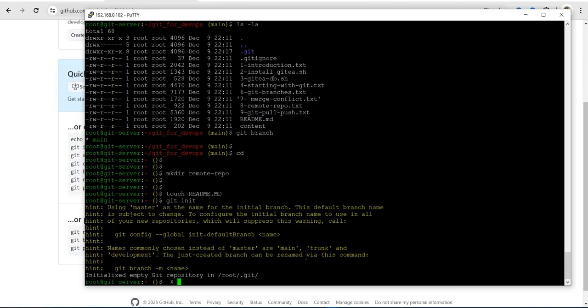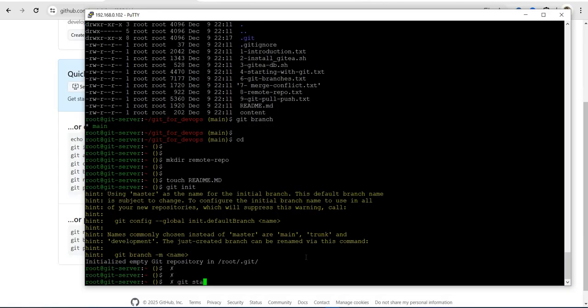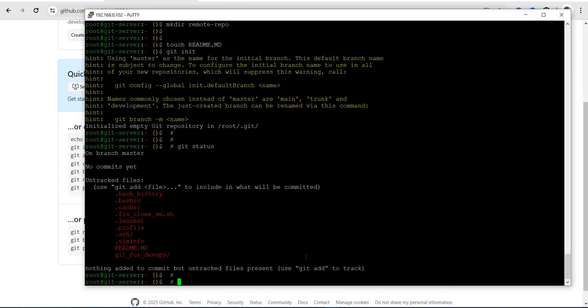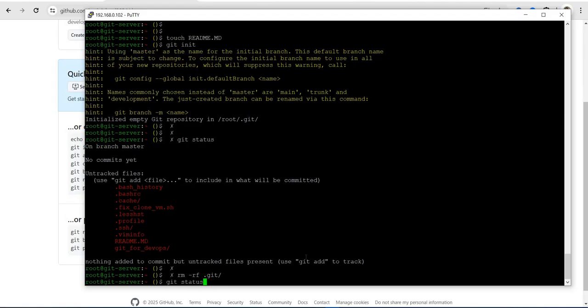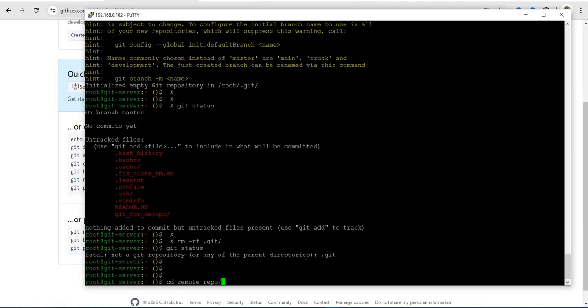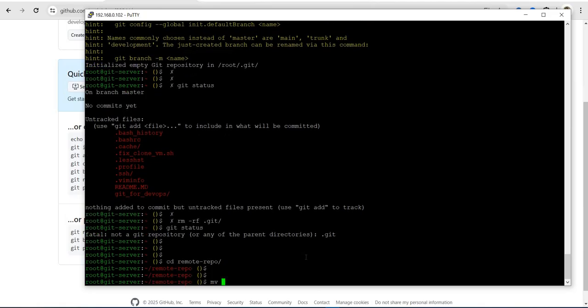Now if I want to see, I have this file which is untracked. I think we have initialized outside of that directory, so I will remove that .git folder here so that it will not show anything. I will go inside the remote repo and